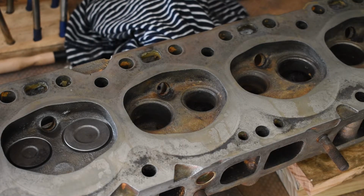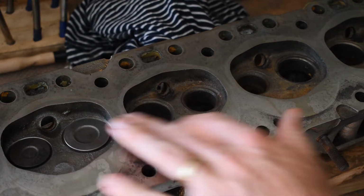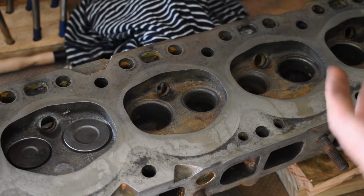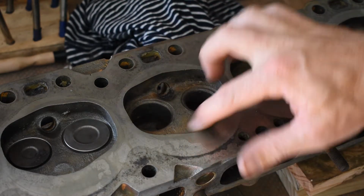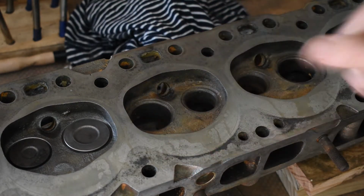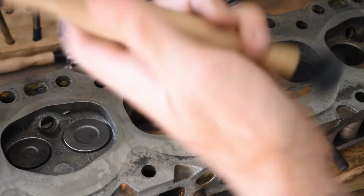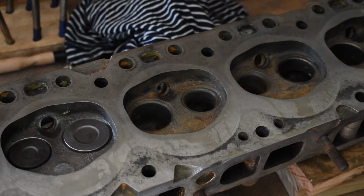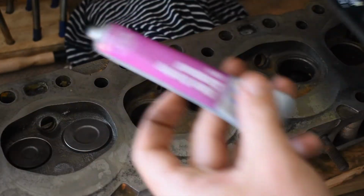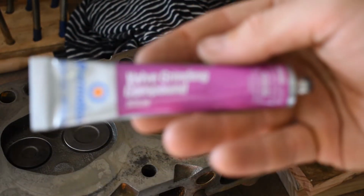Alright, so I'm just going through the process of lapping the valves and the valve seats. All I'm doing is using the wire brush on the drill to clean out any built up carbon and a little bit of surface rust since I cleaned it last time. And then I've got the suction cup lapping tool and just valve grinding compound